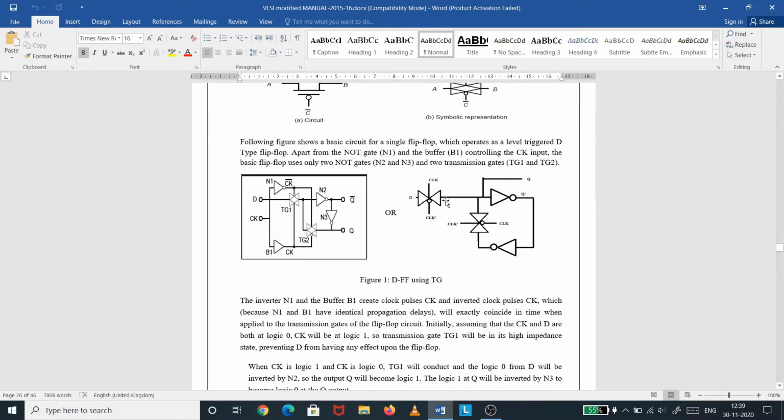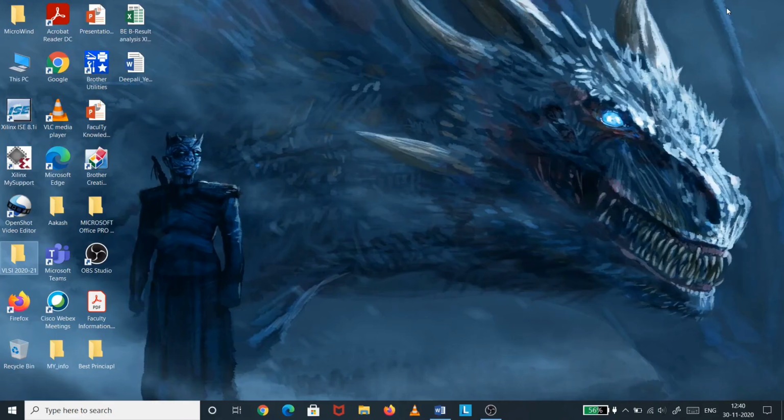Here this is the first transmission gate where D is the input. The output of the transmission gate will be Q and it will be given to the CMOS inverter. The output of the CMOS inverter, that is nothing but Q bar, will be given to the second CMOS inverter. So obviously this output will be our Q, and this Q output will again be given as the input for the first CMOS inverter. So two transmission gates and two CMOS inverters we will be requiring for the D flip-flop design. Now we will implement the same in Microwind software.